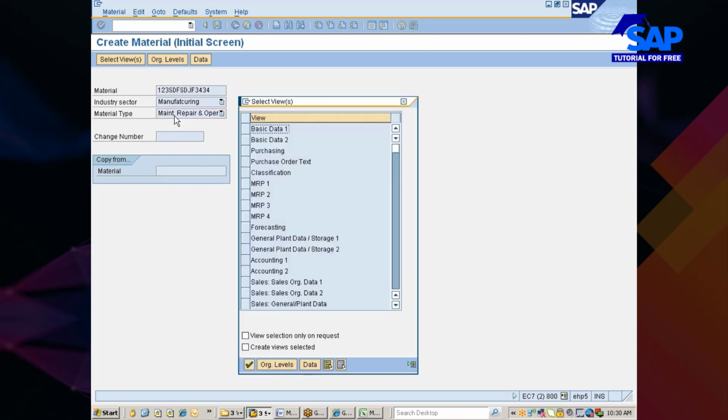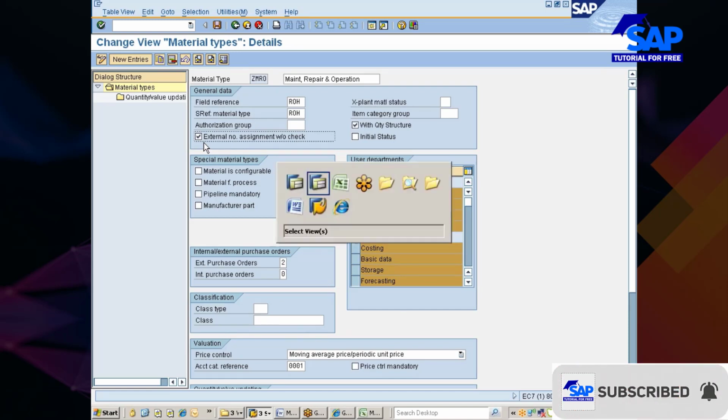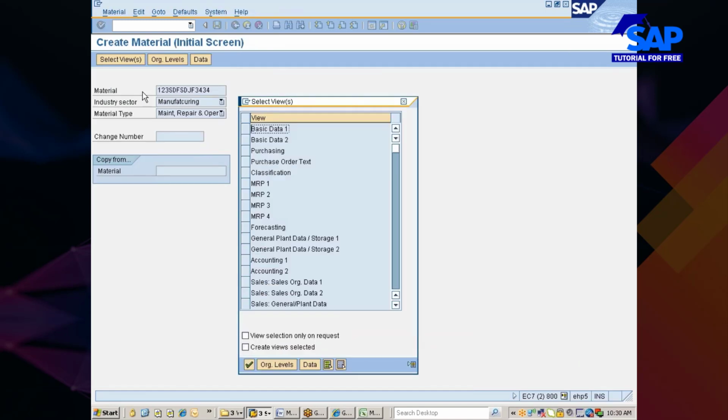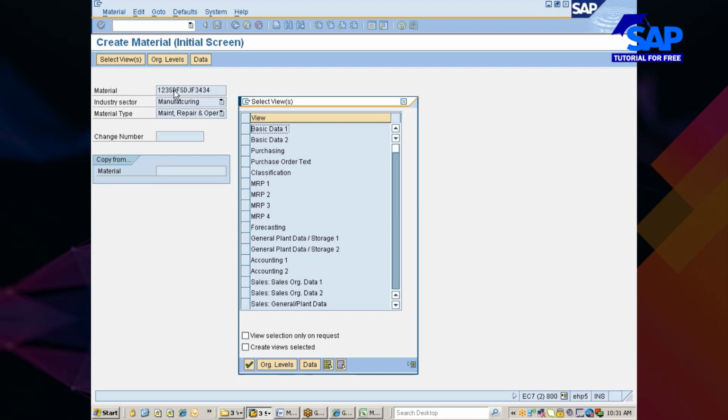When I go and enter it here, now you see this material number is being taken. How is it taking? Because of this check here, external number assignment without check. Whatever number I am entering here is called external number assignment without check. You need not validate this number, whether it is following a proper template, or whether the number is within the number range limits, etc. You need not check it.